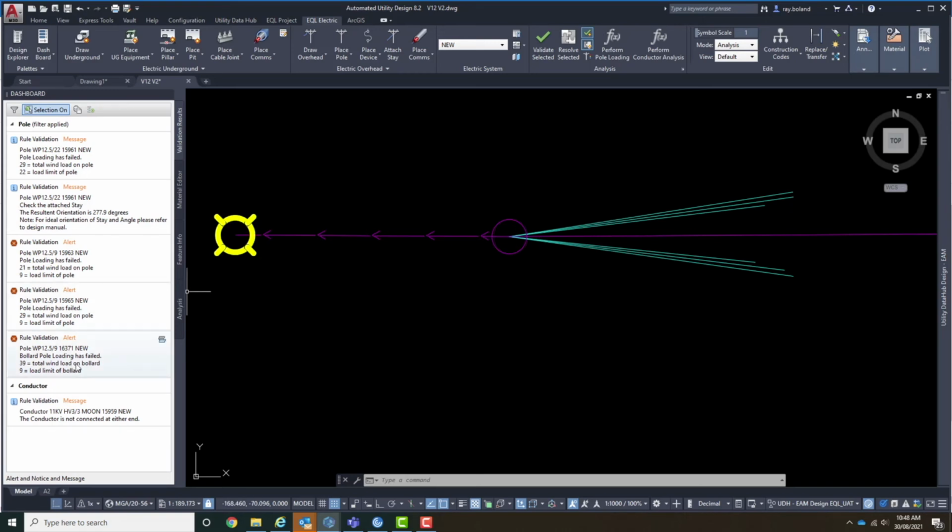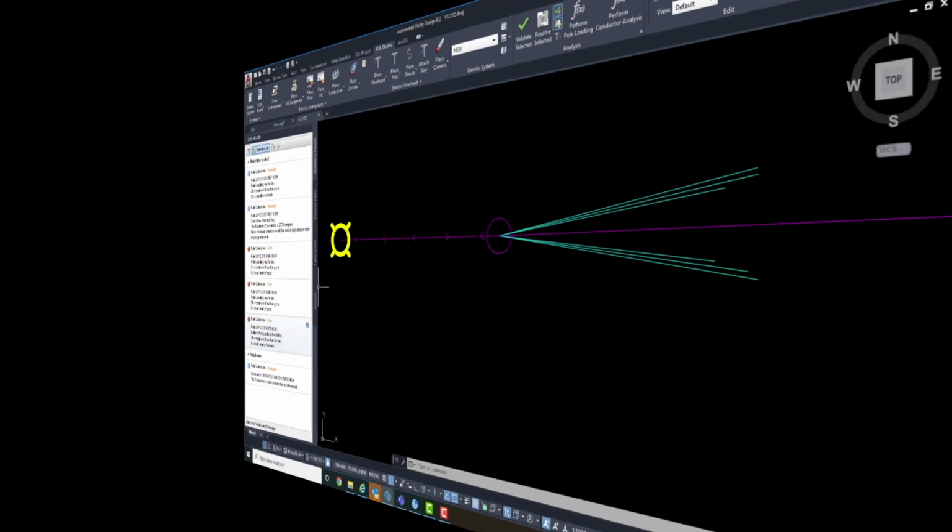And as you can see from the scenario, my stay is okay, my aerial stay is okay, but I now have a failed bollard pole. I've either obviously got to upgrade that or put a ground stay on it.